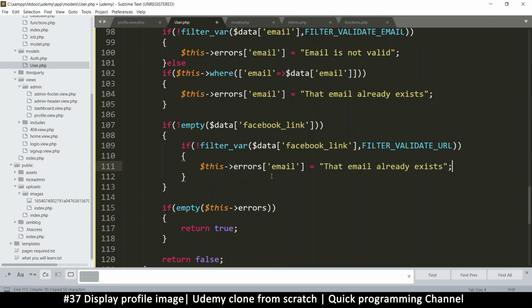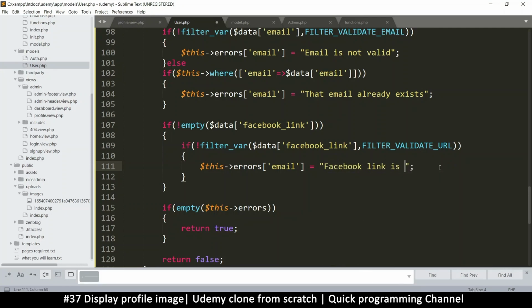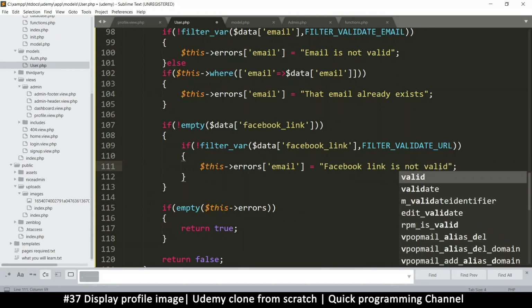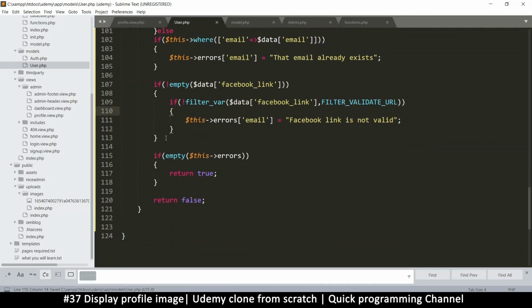Let's put that error here. And then we'll say Facebook link is not valid. So this is what you do when a value is optional, but once the user supplies it, you need to validate it. First of all, you check if it's not empty, then you do your validation. Okay, so we will do this